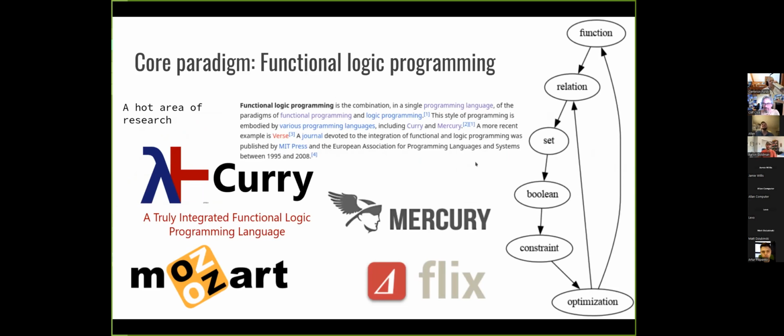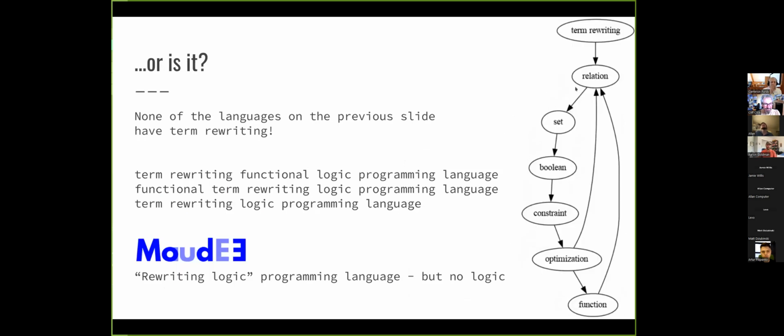So there's like this one paragraph on Wikipedia, and it's like Curry and Mercury are the languages. And so I was like, okay. And I found 2 more after some looking. But the problem is none of them have term rewriting. And so I was like, I need a term rewriting functional logic programming language. And that was a mouthful. So I tried some other words, but, Maori, which is just